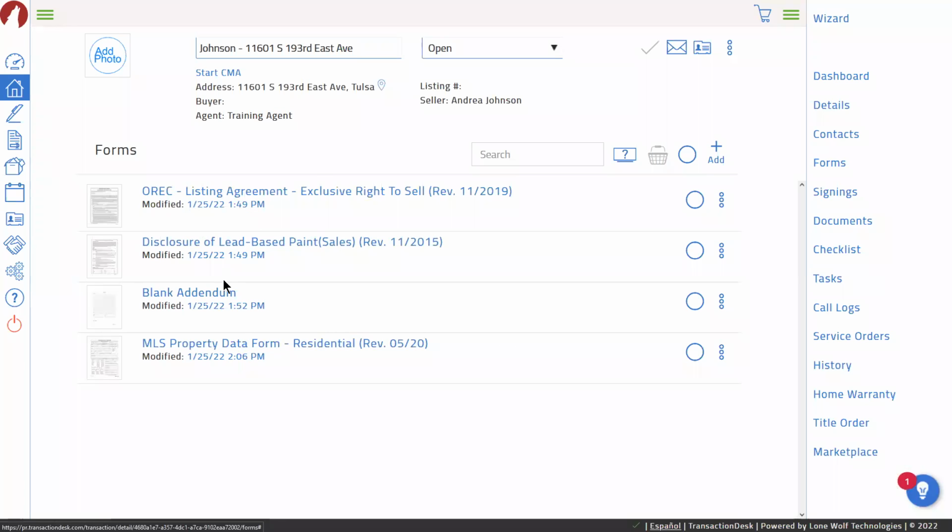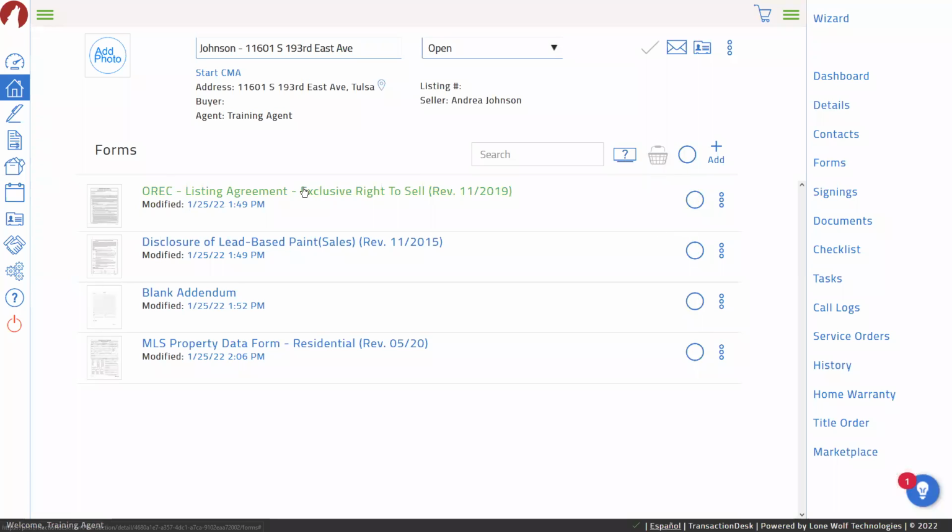So we already went through, we filled out the forms, we saved the changes that we made along the way, or hit that save and exit button to get through them. But now that I'm actually ready to get these sent off to be signed, there's a couple different ways to do it. If you're on the forms screen, so let's say that you finished the last one, you hit save and exit, you're back here. There's some check boxes along here on the side that you guys can check. It'll fill up your basket.